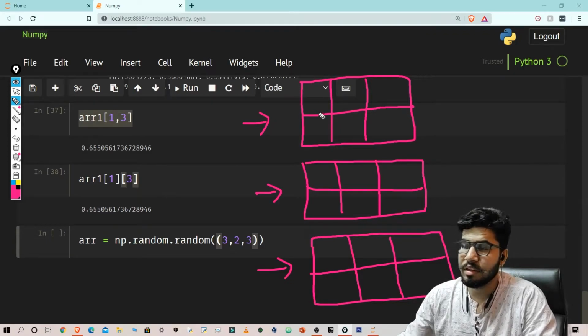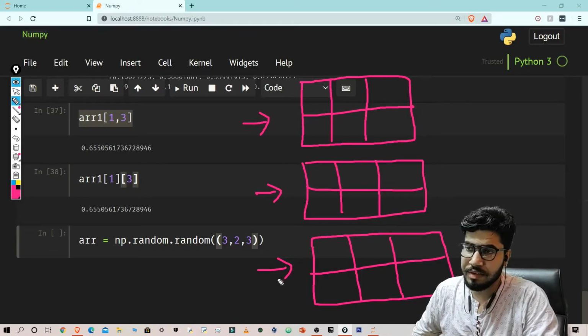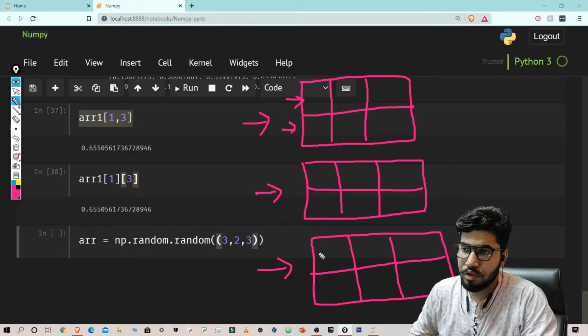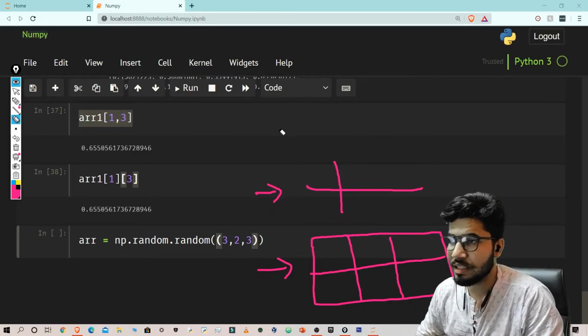Basically, pages is the word that I prefer to use. This is the 0th page, this is the first page, this is the second page, and in each page this is the 0th row, first row, 0th row, first row, 0th row, first row. Now let's see how you can access it.